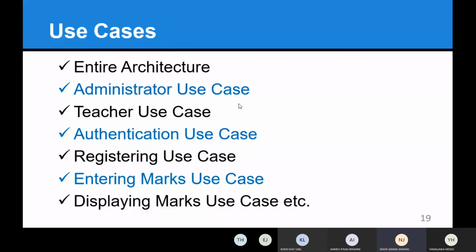We need to know about that use case as well. Displaying the marks, how the marks are going to be displayed as well. So we need to know about that as well. Means for each and every step, we need to know all of the information. I hope you understand. Now going ahead,